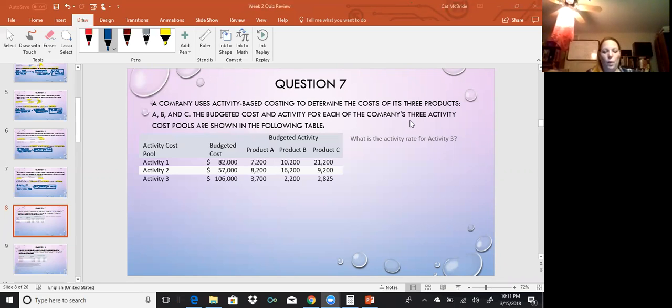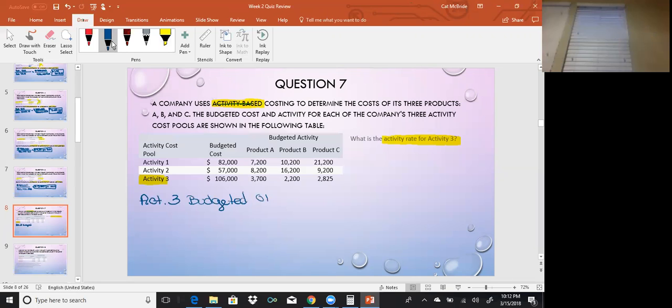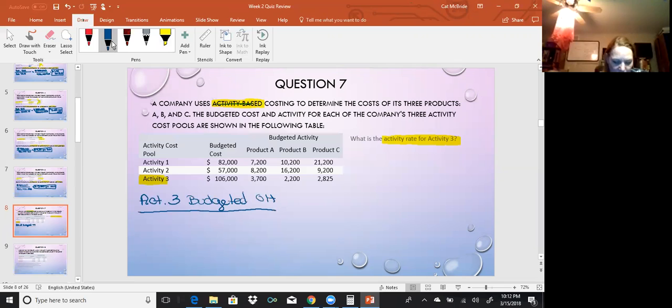Yes. All right, so what we're going to do now is talk about dividing costs using activity-based costing. What we want to do is categorize the cost differently. We're looking for the activity rate for activity 3. Activity 1 and activity 2 don't matter right now. The basics still apply. On the top, we're still going to put budgeted overhead, but for activity 3. And on the bottom, the same rates still apply, but we're going to put the budgeted activity